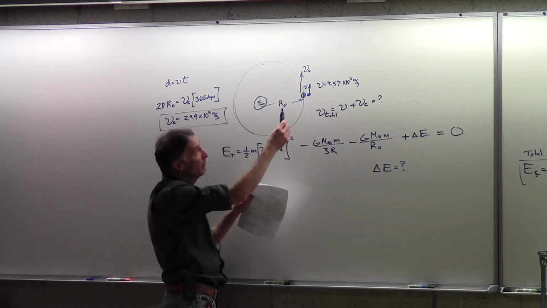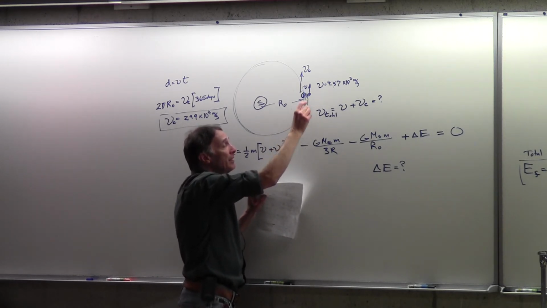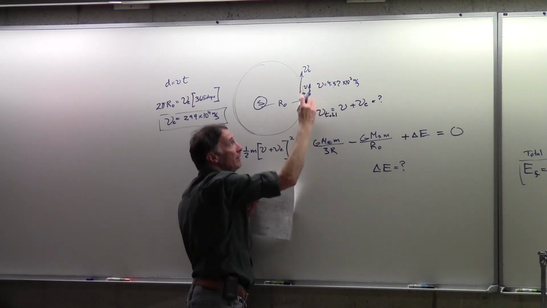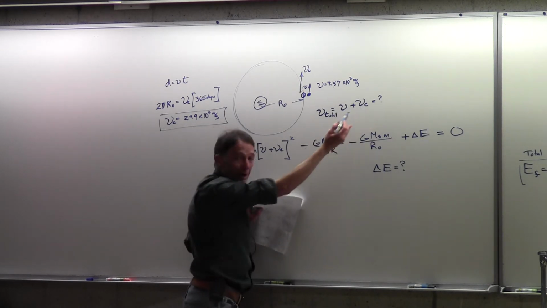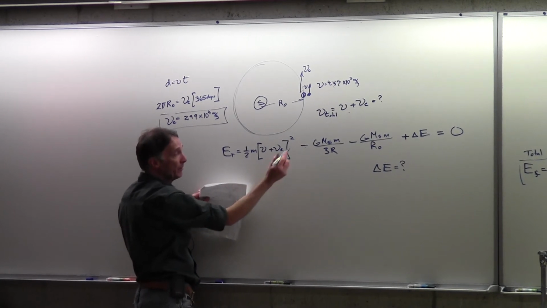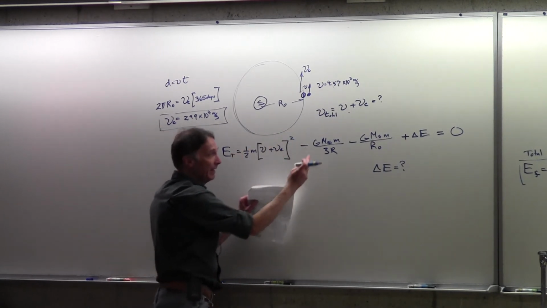Now, it could be more complicated than this because it's changing direction. The thing is, we'd want to blast off when the two are working together so that the two components add directly, giving us the largest possible V total, and that will give us the largest possible kinetic energy. So this is kind of helping us on the way in that this is positive, and these two are sitting